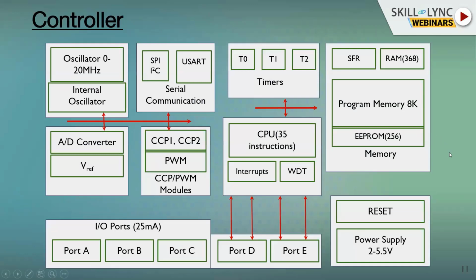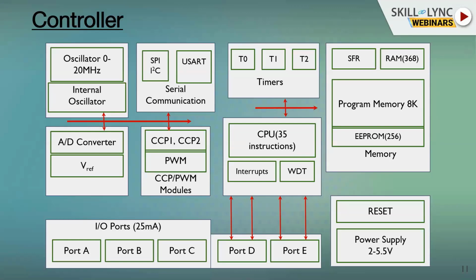So here, this is essentially an overview of a very famous architecture. It's called the PIC16 architecture. So this is a Microchip device, and this is not the exact picture. This is sort of a reduced picture, but you can see that there is a small CPU there. There's a WDT, which is called a watchdog timer. Then there are these ports D and E, right? And then there are these IO ports A, B, C.